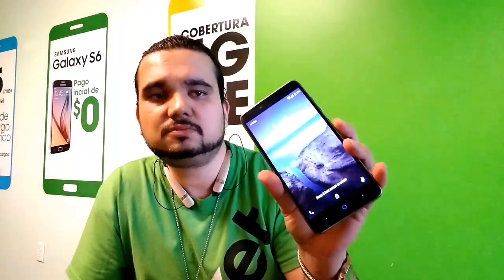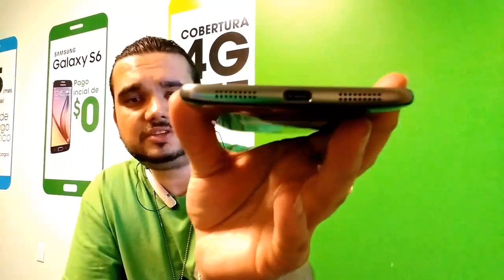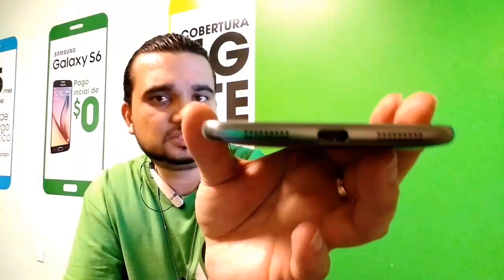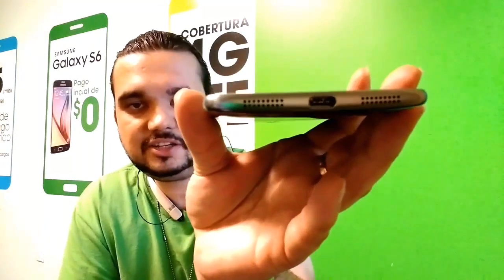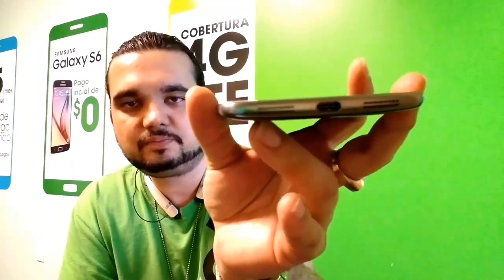It has dual cameras on the back now. There's a 13 megapixel camera and a 2 megapixel camera. We got the 5 in the front. And I do love how the microphone and the speaker holes at the bottom are drilled out. You do have to be careful about getting dust in there, but at least you can just blow it out, and it should come out easier. So it's less prone to having one little microphone hole and getting dust in there. But I would assume that water would be easier to get in here, so you've got to be careful about that, guys. Also, the charging port is in the middle now,